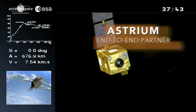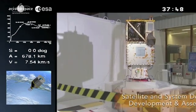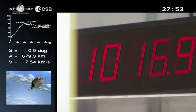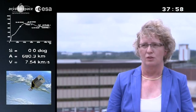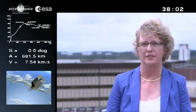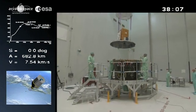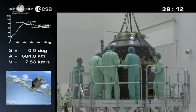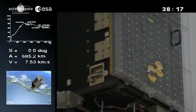Astrium, as a major industrialist, must find the best solutions to meet the needs of its clients. Today, Vega provides a wide range of satellites with a great variety of orbits. Vega allows multiple launches with the Vespa structure made by Astrium in Spain, and therefore Vega presents advantages since it